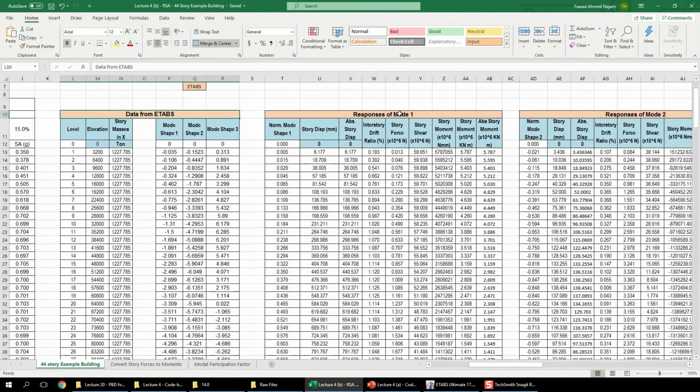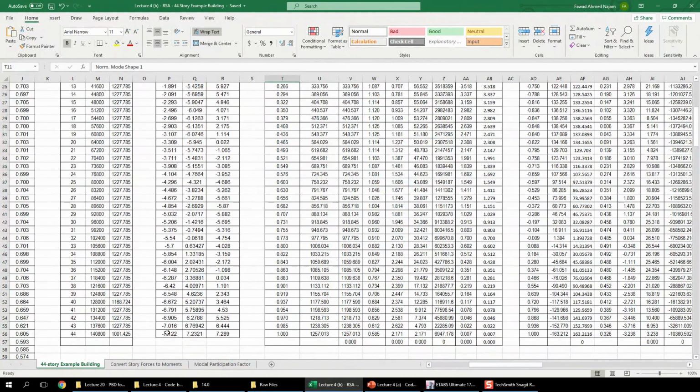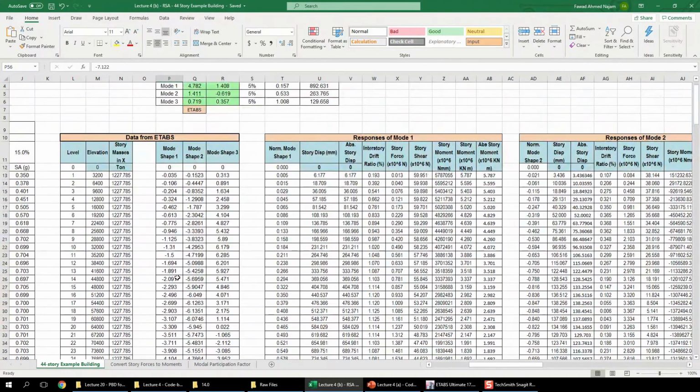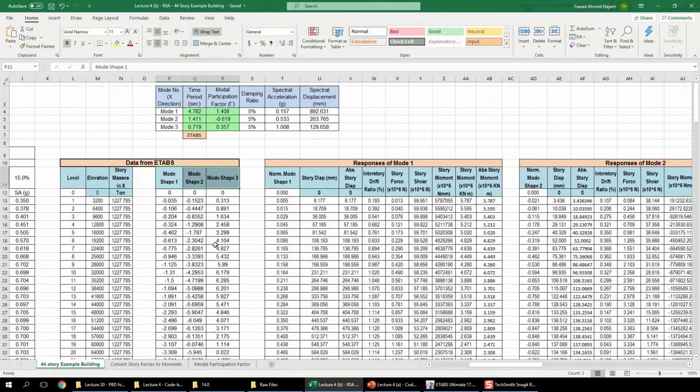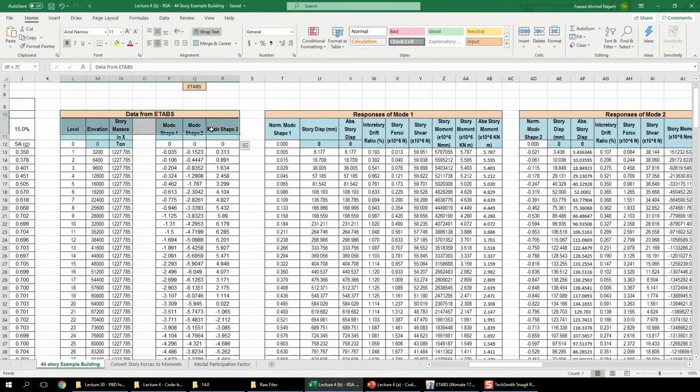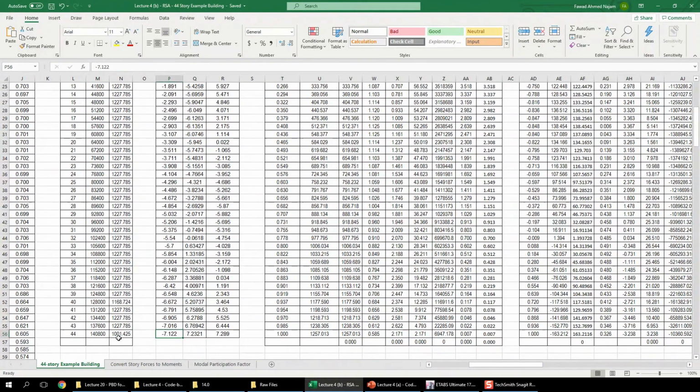So here you have the responses of the first mode calculation. The very first thing I have done here is that I have normalized the mode shape 1 phi vector, such that the top value is 1. Currently ETABS provides us the mode shapes in another normalization scheme. It normalizes the mode shapes such that the modal mass for each mode is exactly equal to 1. So the normalization scheme which we will be using in our manual calculation is that we will forcefully make the top number, the 44th story number, equal to 1.